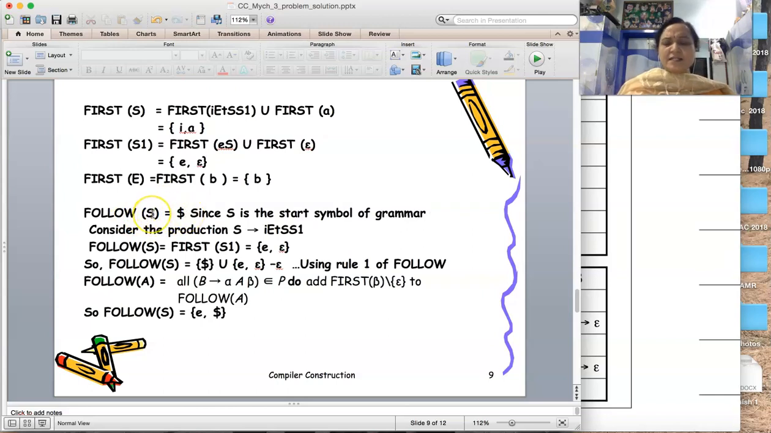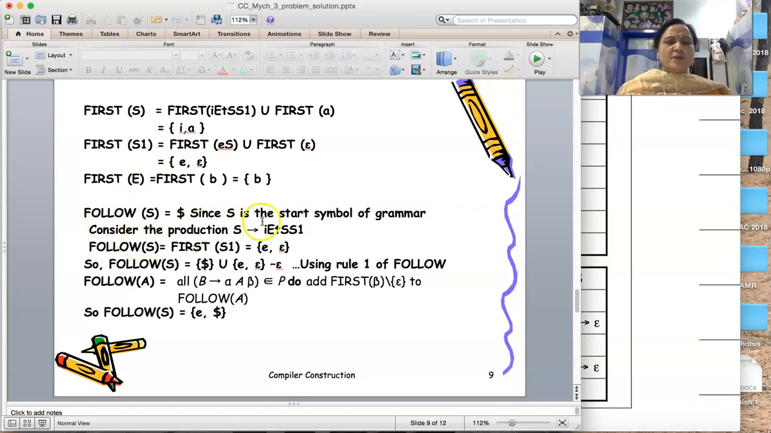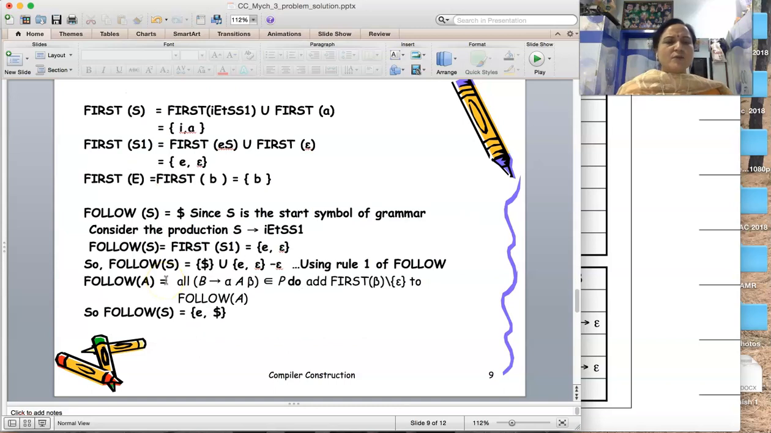Now again, see whether there is any S on the right-hand side of a production. Yes, these are the two productions where S is on the right-hand side. So consider the production S tends to iEtSS1. As per this production, what is following S? S1 is following S. So follow of S equals